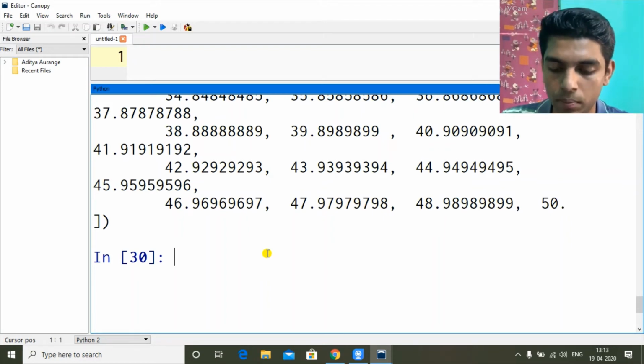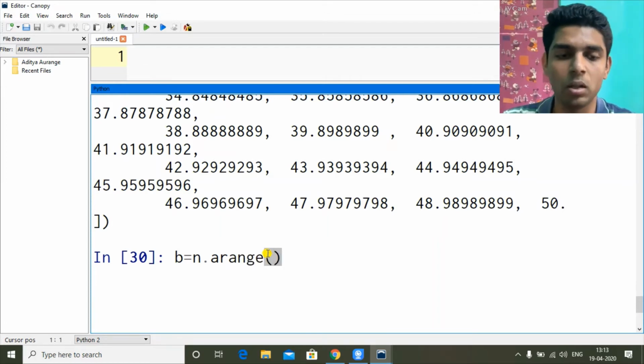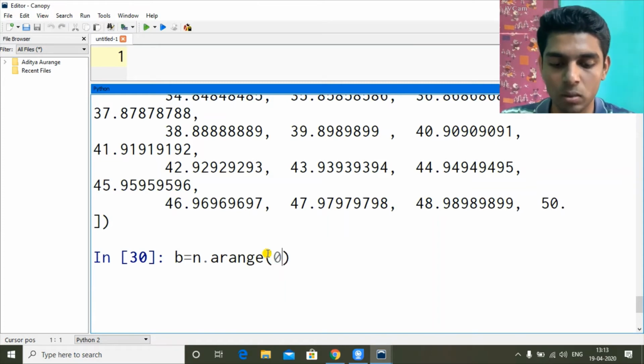So b equal to n dot arange. It's not arrange, it's arange. Here, like the normal range function in a for loop, it accepts the same values, but instead of a colon in between them, we have a comma. The initial value, let's say 0, comma, the ending value.